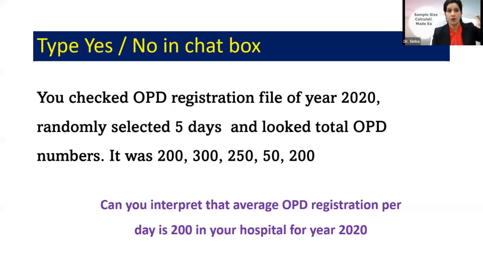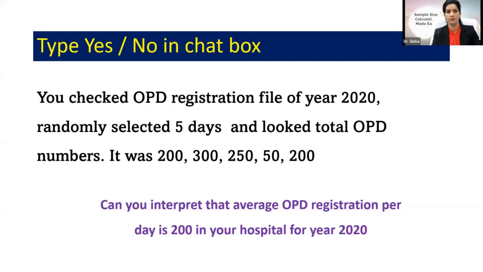Because out of 365 days, that person has selected only 5 days. And the average of 5 days cannot be taken as the mean of the entire year. So that's the point. And Dr. CM Singh, in his welcome speech, spoke about generalizability. We will talk more about it later in this session, but all of you are clear that only by the average of 5 days we cannot be certain that the mean of the entire 365 days